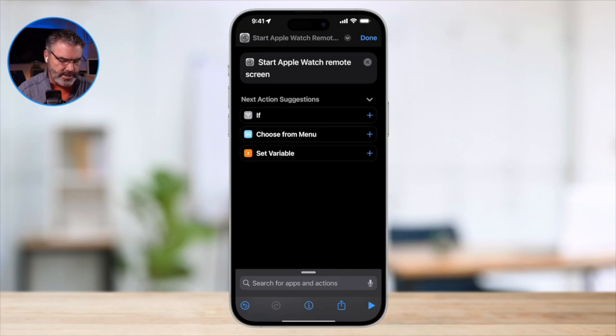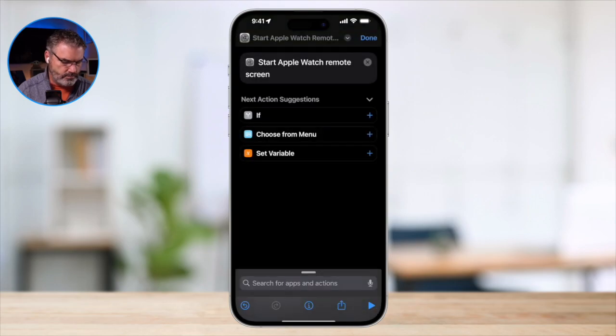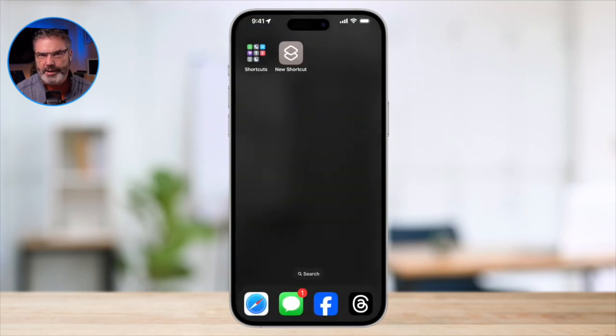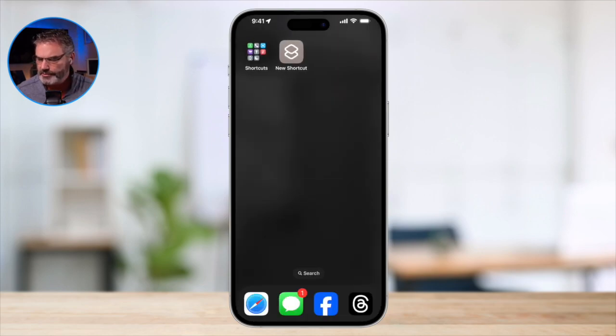So then I'll just go up to the top here, and when I do, I can name it, choose an icon, add it to my home screen, and I bypassed all of it, but basically I tap on that new shortcut. You're going to see it's going to go right into there. A little bit easier than triple clicking, because what I found, if I have it down here and then I got to hold it in my hand and then it goes this way. And so the little button there makes it a little bit easier. So just create a shortcut, just one step.